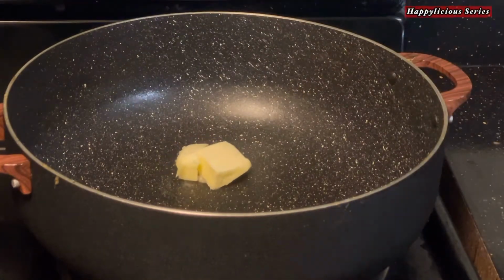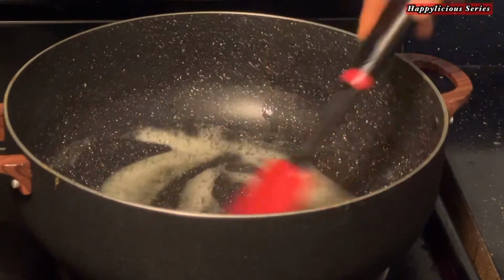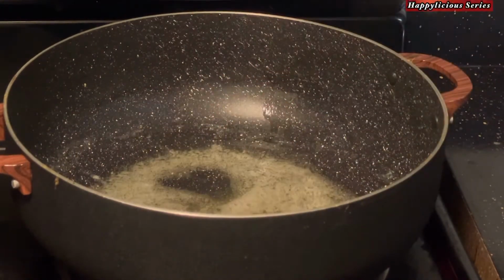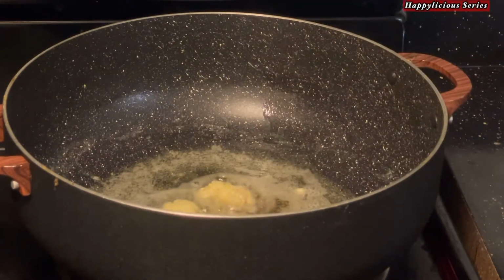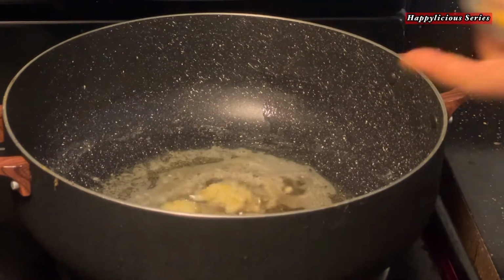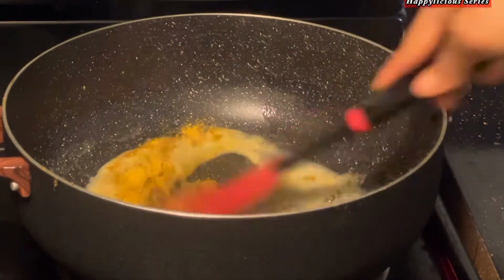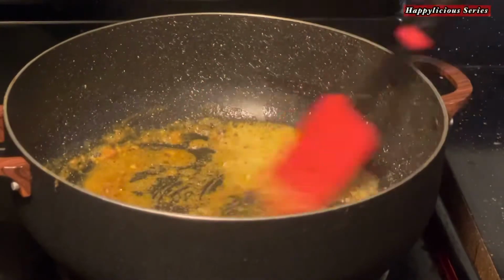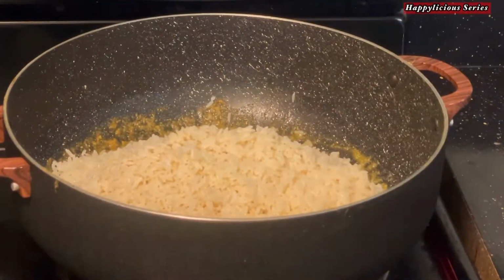I'm going to be adding 1 tablespoon of unsalted butter into my preheated pot, and I'm just going to let this melt. Add some ginger, add some garlic to it, and also add my fried rice spice. So I'm going to mix this. I'm going to incorporate this for it to release its flavor into the butter,